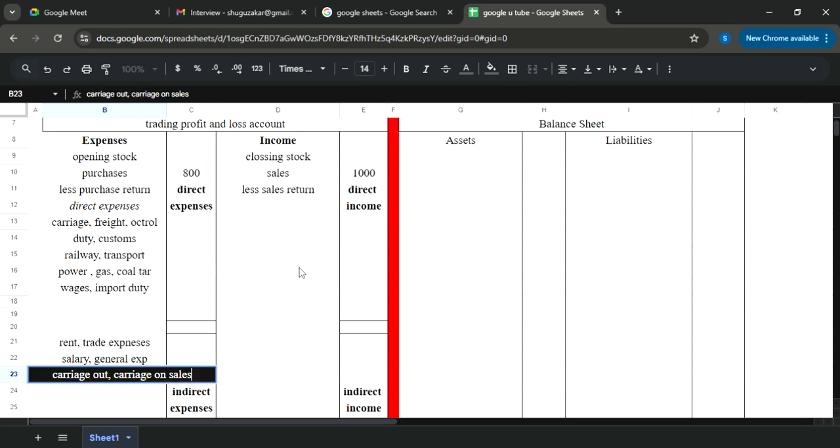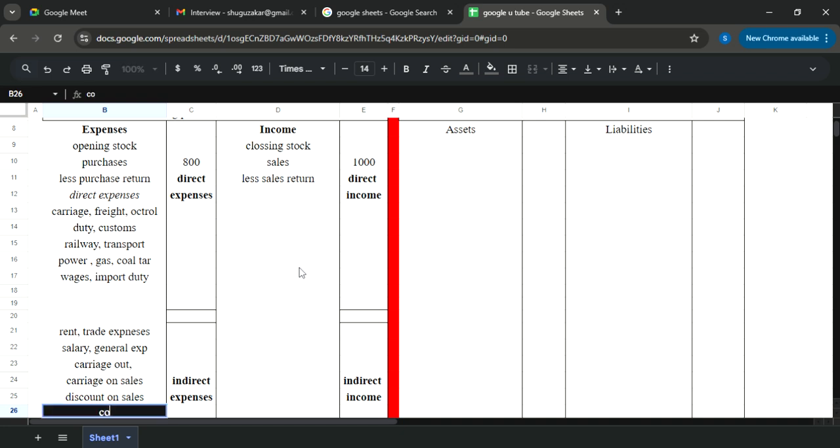Here we have lower space, so we can write it on the lower side. So carriage on sales, after which you may write discount on sales,